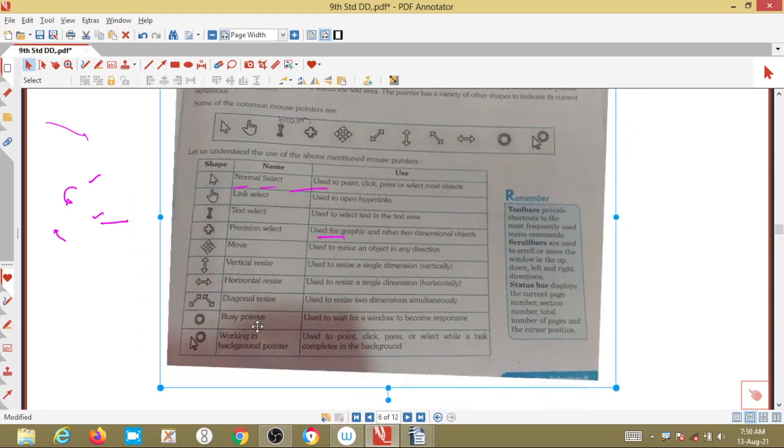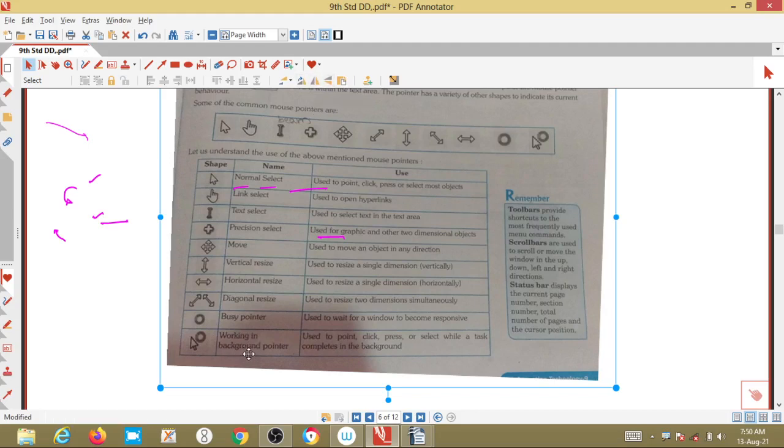Then it is a busy pointer, used to wait for a window to become responsive. When it comes like this, like buffering, we have to wait. Sometimes it will show that it is not responding because of overload or because of the software, it is stuck, then we will get that symbol.